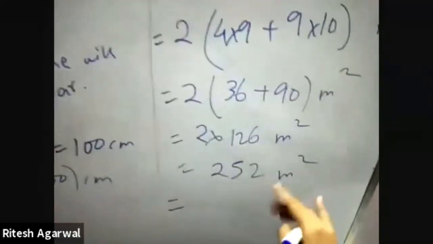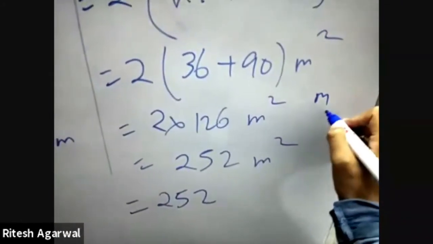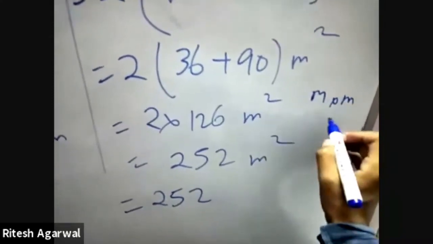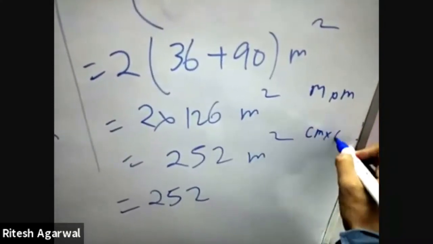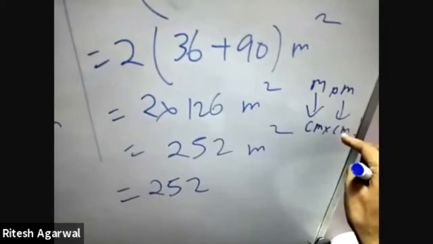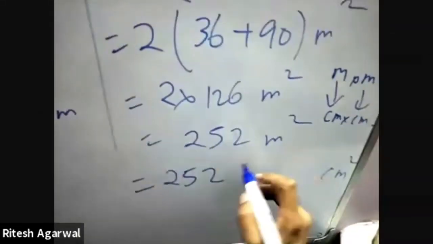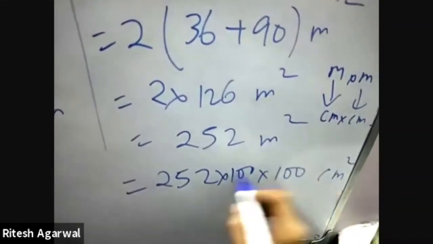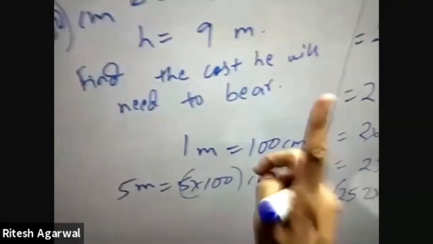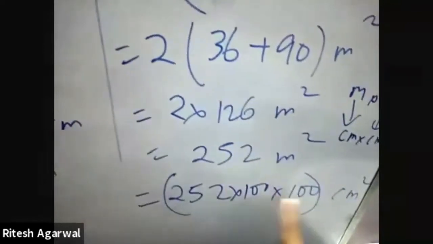But if you have to convert from meter square to centimeter square, meter square means meter into meter. We have to convert this into centimeter square. So two times conversions will take place. In that case, to convert from meter square to centimeter square, you have to multiply by 100 two times. I'm repeating it because when you convert from meter to centimeter, you multiply by 100 one time. When you convert from meter square to centimeter square, you multiply this number by 100 two times.